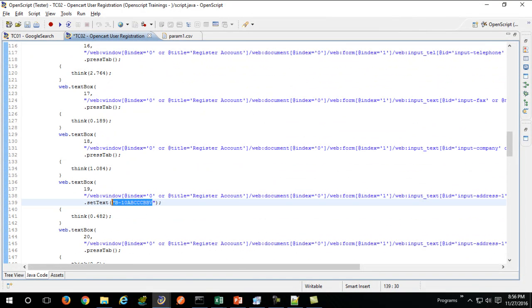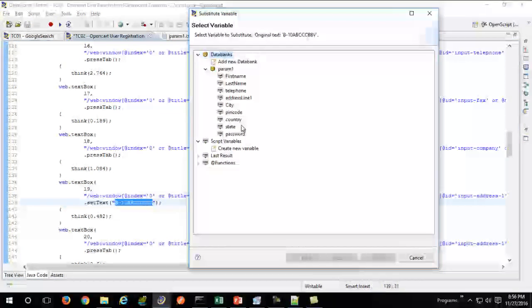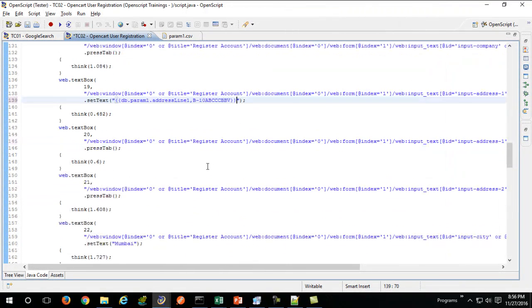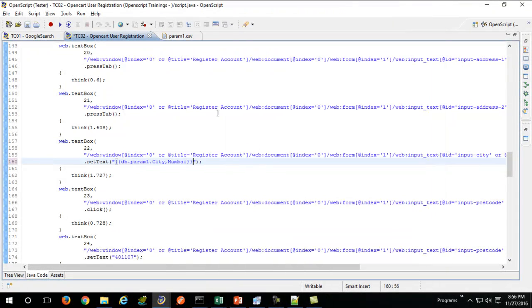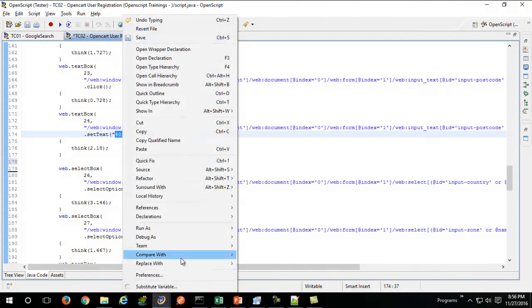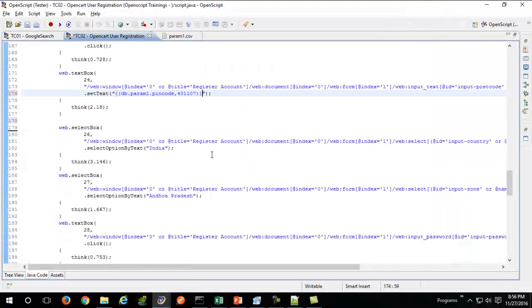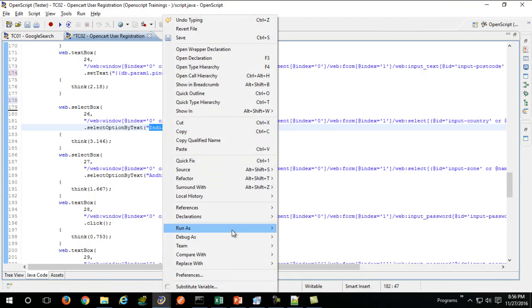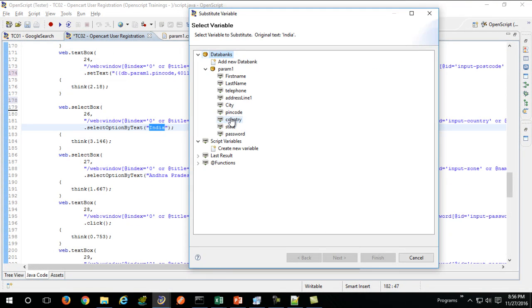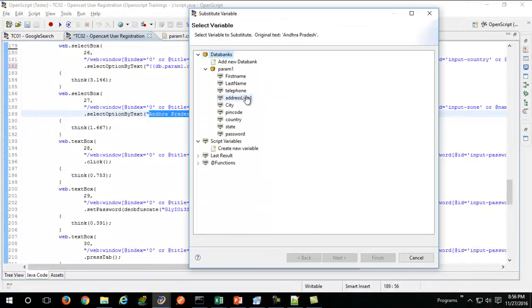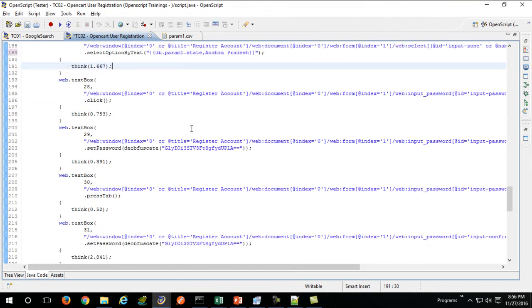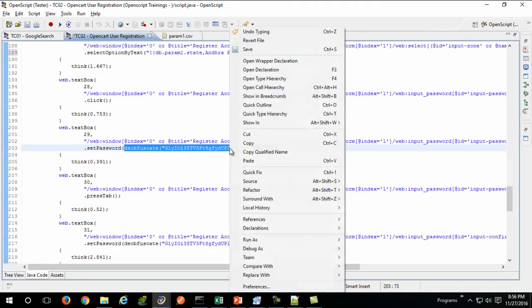This is our address line 1. Our city, pin code, country, state, and your password.